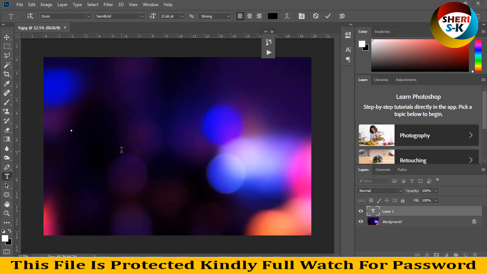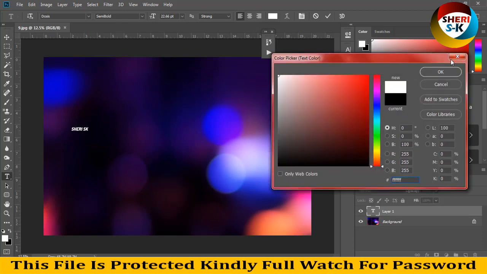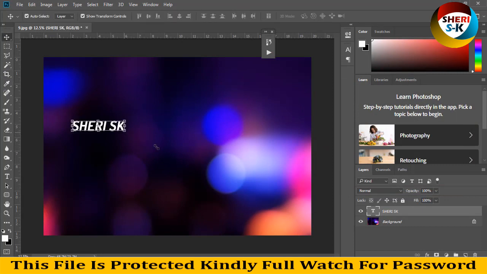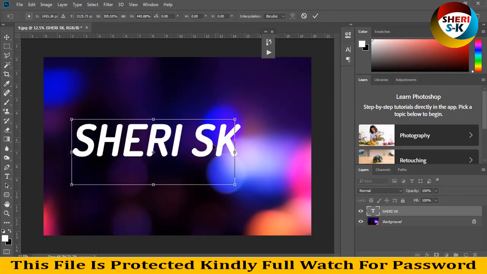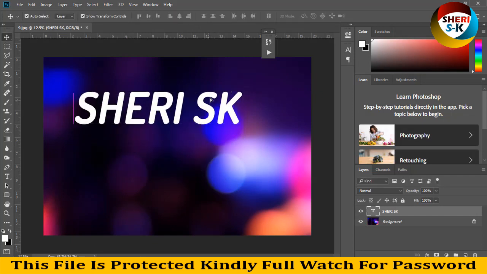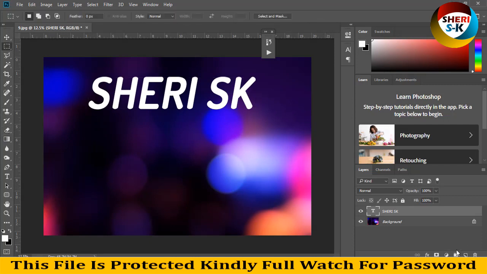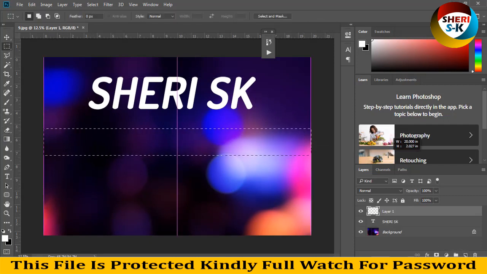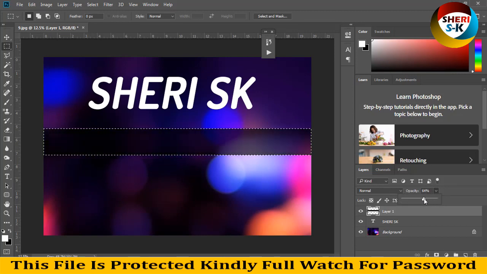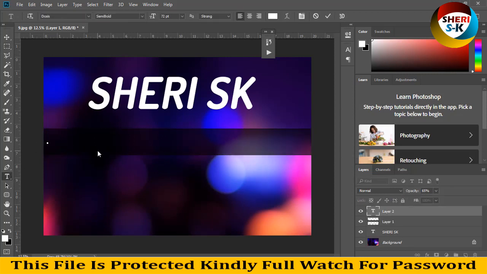First I write a text, for example Sheri SK, color is white and size is 72 or increase more. Okay, and right here create a new layer, press Ctrl Backspace to fill the color, and right here